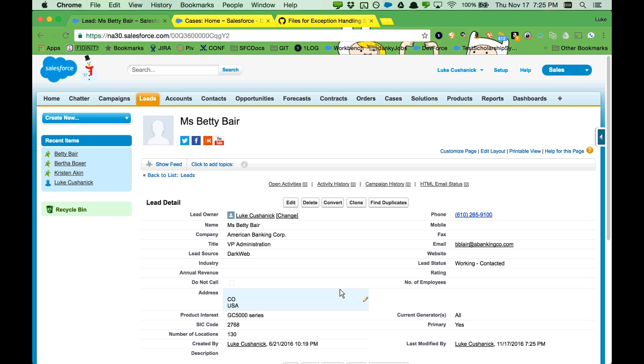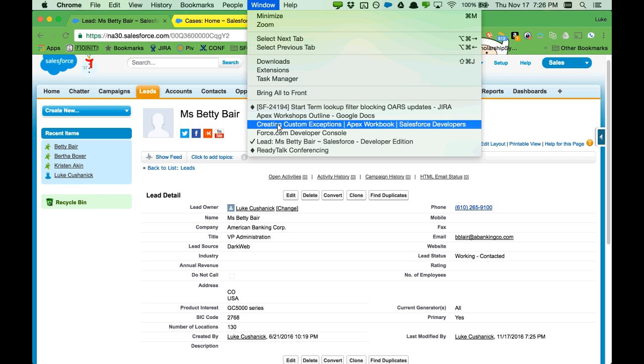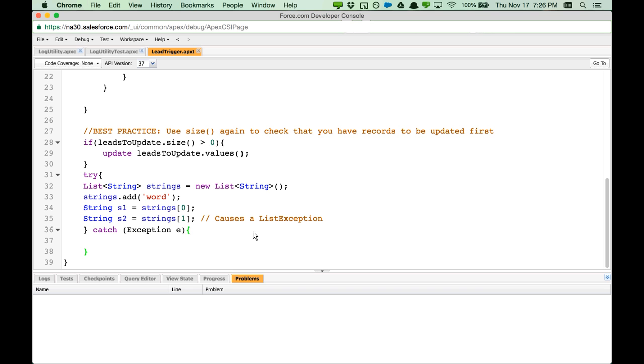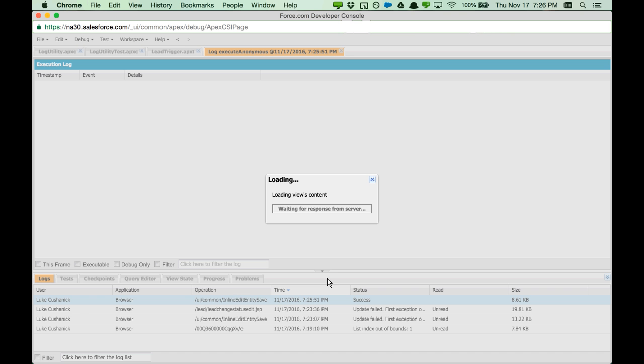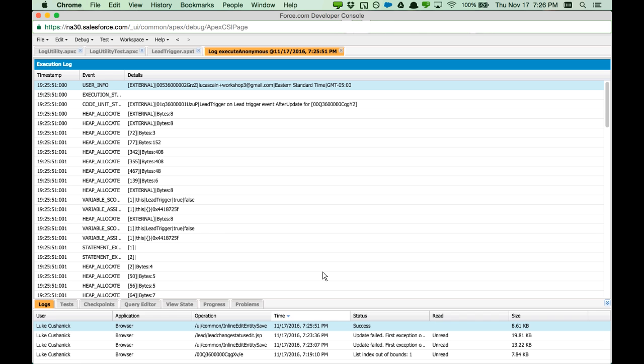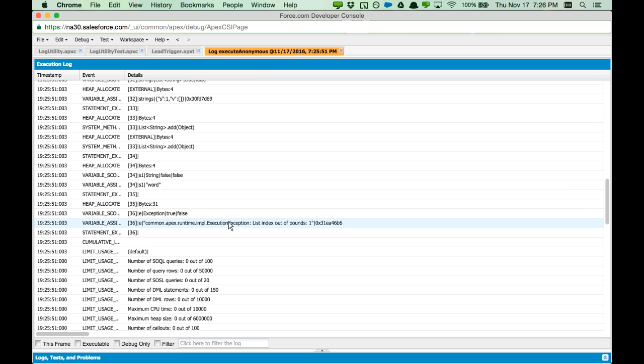That try block caught the exception and obscured it from the user so that the code could continue functioning. Let's take a look at how that actually plays out in the log, because an exception still did get thrown. It just wasn't put in front of the user, and the code was able to handle it a little more gracefully. So let's see, this looks like the most recent log here. And if I scroll down somewhere near the bottom, we can see that here